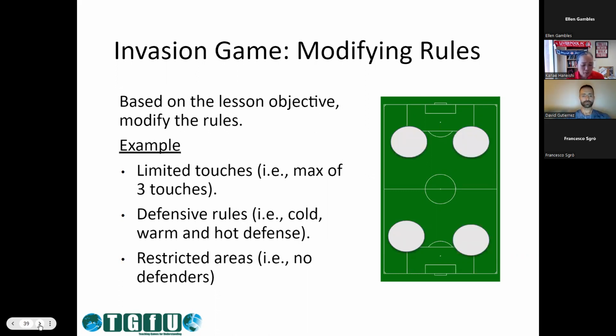For example, a teacher can use those outside lines, which are coming up here, and other rules like the ball must travel the outside channel before taking a shot, which emphasizes students to use the outside area. Because as you know, when you're teaching a soccer unit, students tend to only use the center of the field. So adding these rules and areas emphasizes students to practice getting wide.